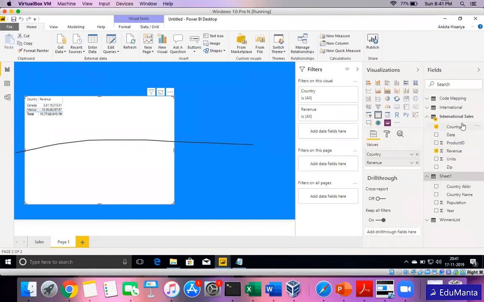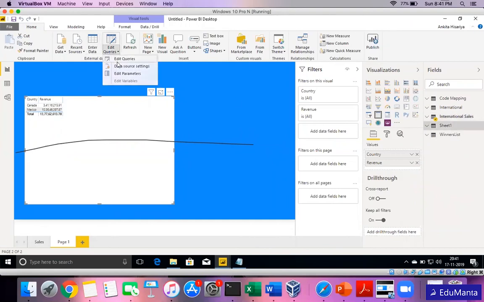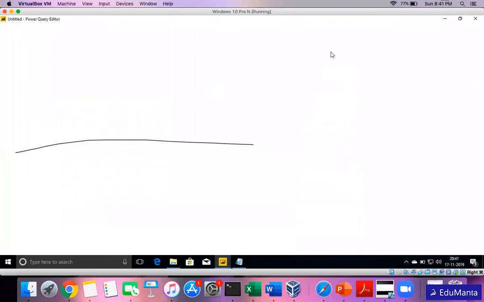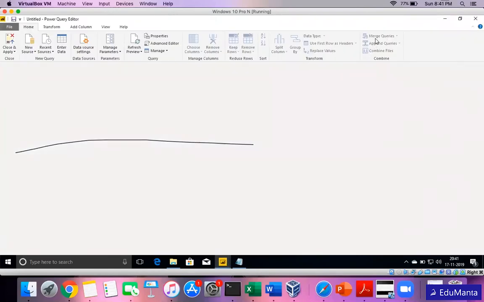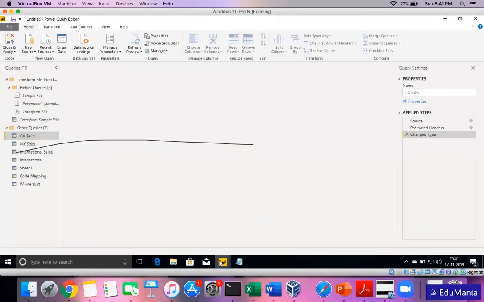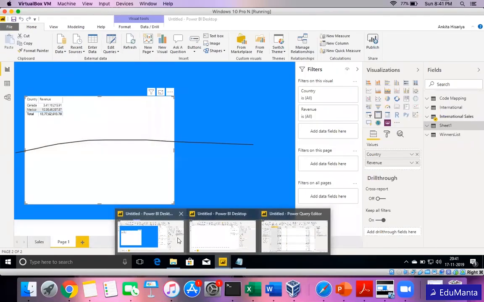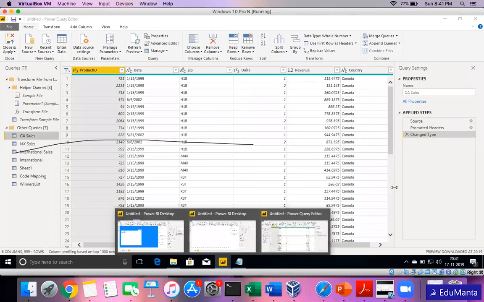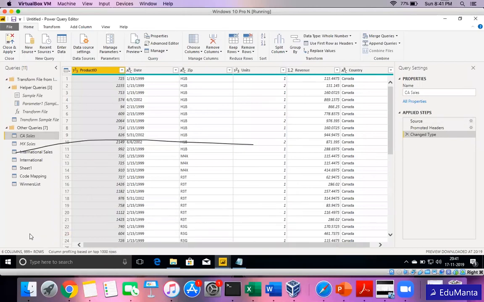Then I have to define a relationship between this query and this query, which we'll talk about in an upcoming session. Similar to append queries, we have an option called merge queries, which can also be used. And even in the desktop, we can go to the relationship tab and define the relationship. Both of these can be done. Talking about some other options in the query editor window, since we are talking about that, I'll walk you through those options also. For example, suppose we are selecting this query.